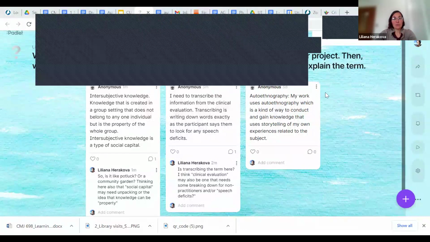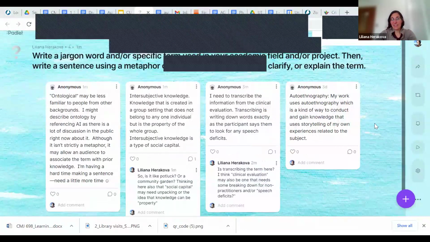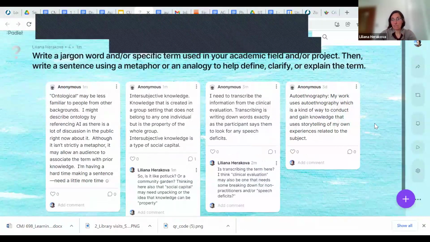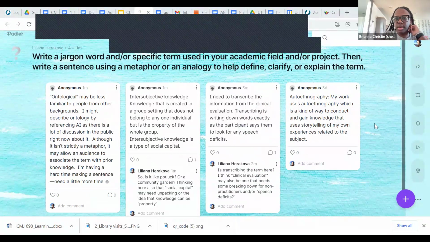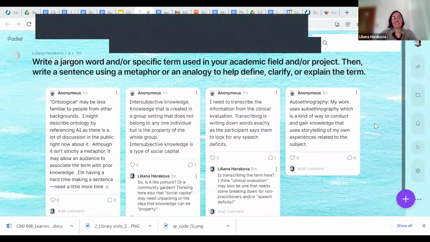Is everyone able to see things okay? Bri, can you tell me if it's shown? There's still a little bar, but you can still read the question and the Padlet's coming in. Okay. I don't know what's up with my screen. Then clearly it wasn't. Is this better? Yes. Okay.